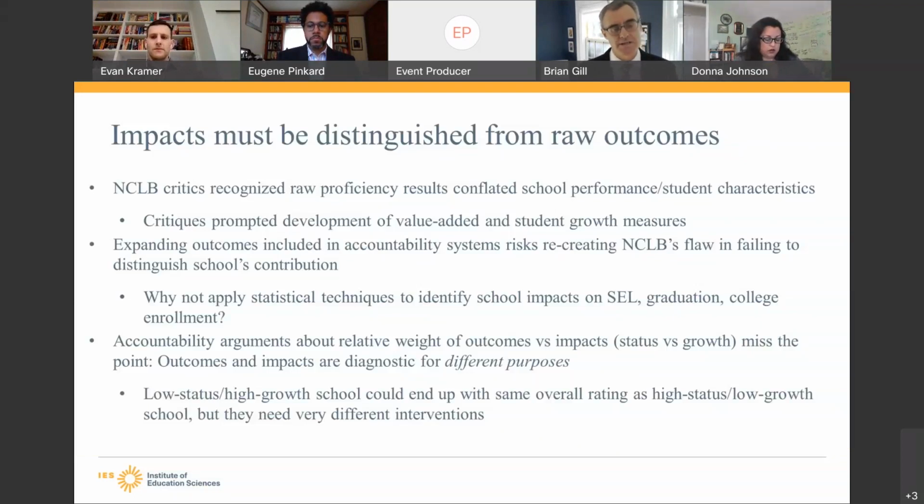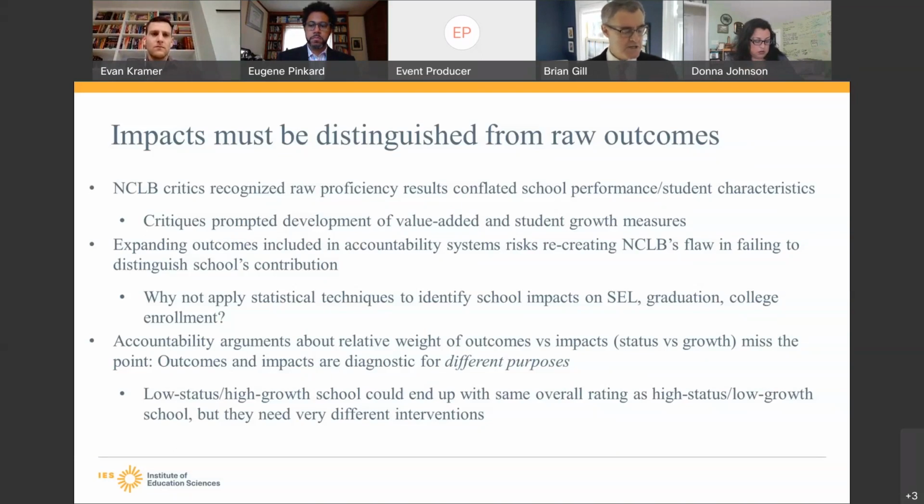A lot of the critics recognized that if we just look at the student outcomes, raw proficiency results, say, in reading and math, then we can't really distinguish the school's performance and the school's contribution to that from what the students bring. And those kinds of critiques are what prompted the development of measures like value-added measures and student growth measures, which do a better job of assessing how much schools are contributing.